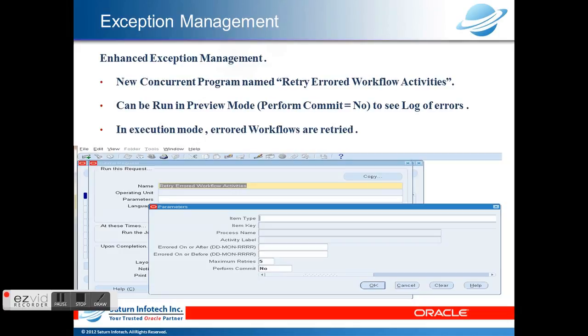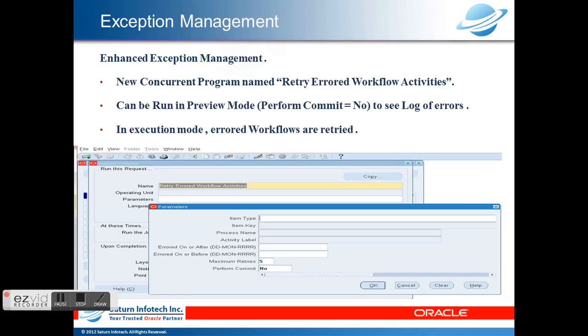Okay, and that is not a very sophisticated way of doing it. So in 12, Oracle has given a more sophisticated way of retrying the error workflow. The program named Retry Error Workflow Activity has been given, and also it has been given a